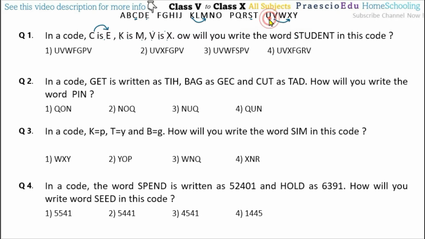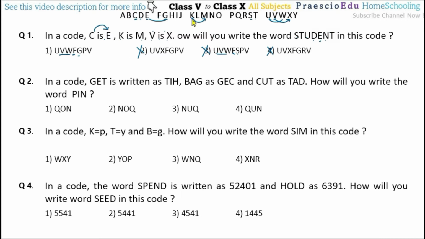After this one the second is U, and then T. After this T, V, and U. From this one W. So UVW, starting from the UVW here, UVW here also. So these two options are incorrect. Then D. From the D, F is there, so F is here also. And then E. From the E, G is the second letter. So G is here, but here the S is mentioned. So option number 3 is incorrect. Only option number 1 we will check.